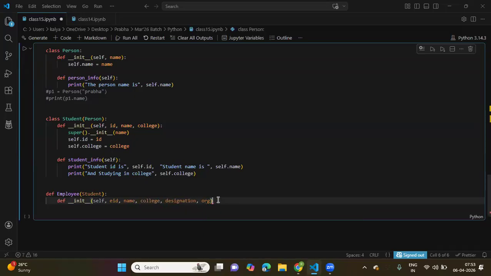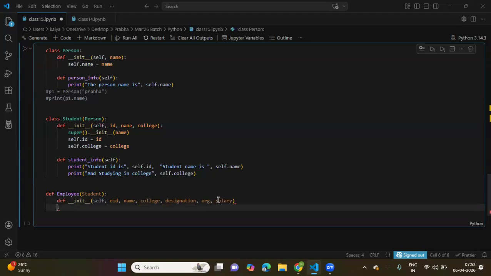These are the additional details for an employee or maybe his salary. Okay, these are the additional details of an employee. The same person has now become an employee. So let's define his details. Self dot id equal to id, sorry, employee id